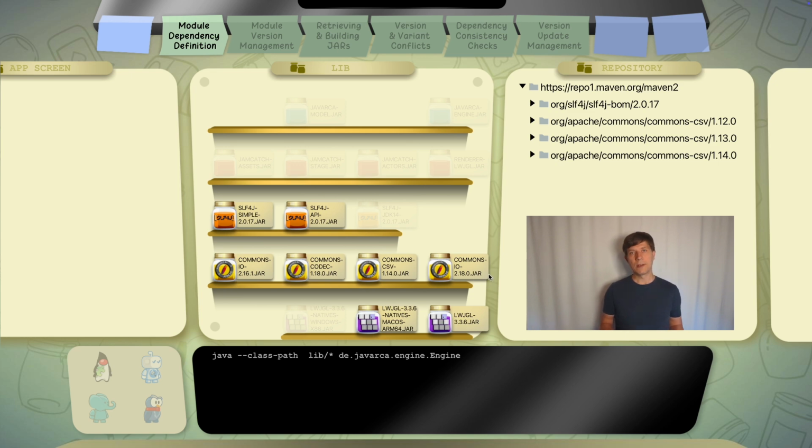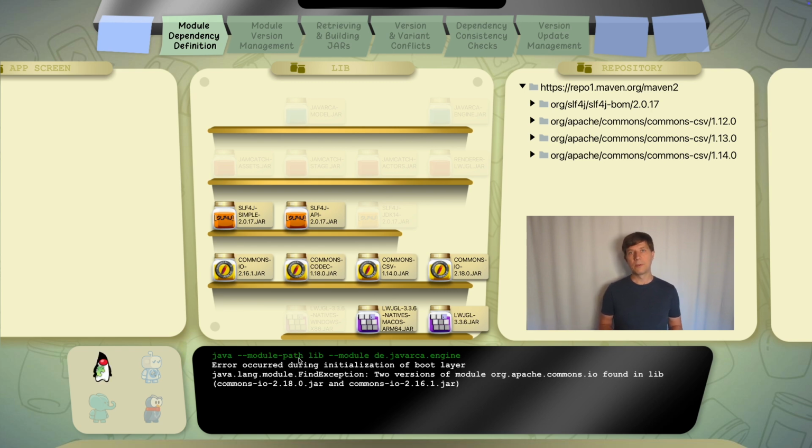We saw that Java itself does not have any version management. The Java module system can detect if I have two versions of a module on the module path, but it can't help me with selecting a version or downloading the module of a certain version. That is why we want to use additional dependency management tooling, which is part of the build tools Gradle and Maven on top of Java, even if we use the Java module system.